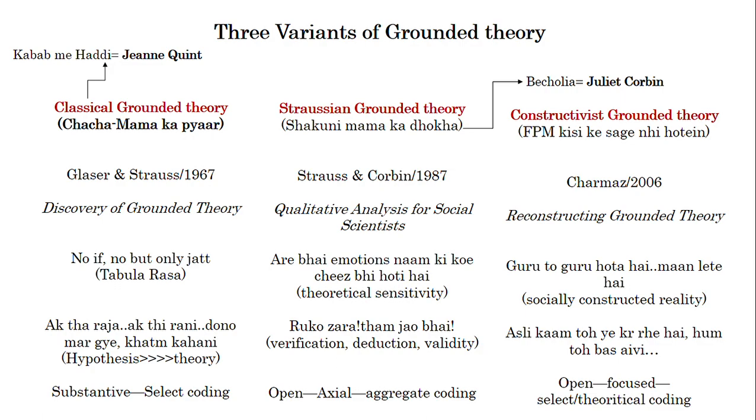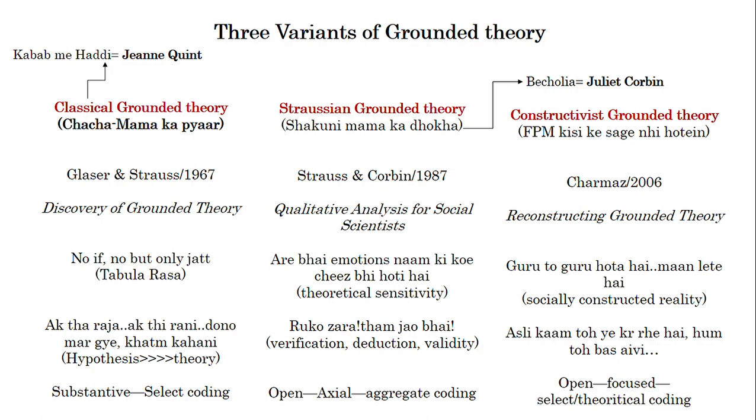I will explain what this coding is, but for a brief idea, remember that these are different nomenclatures, and as such there is not much difference in terms of what they denote. Somehow they are overlapping and very similar. So in the coding process, not much change has been made over a period of time in the grounded theory literature, but some changes with respect to the interpretation of data are easily visible. Classical grounded theory is considered part of the positivist approach. Now what is the positivist approach? The positivist approach says that there is only one reality.